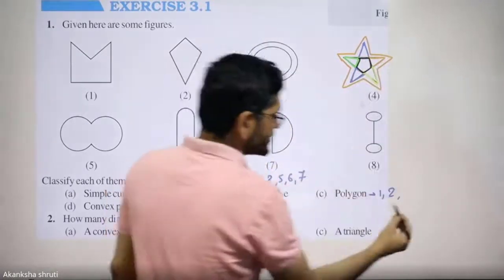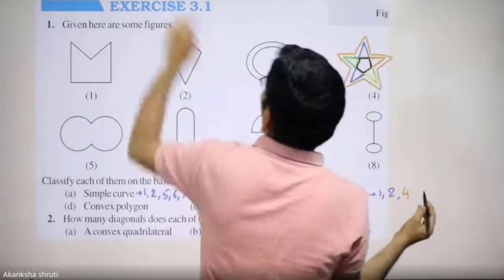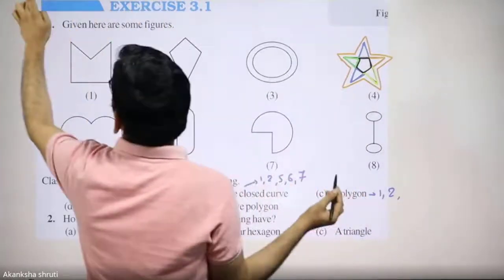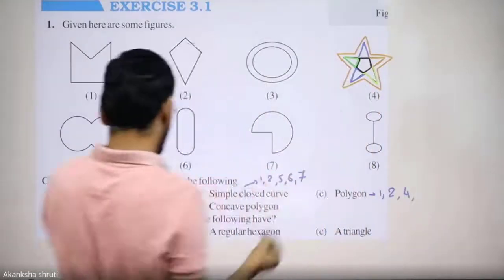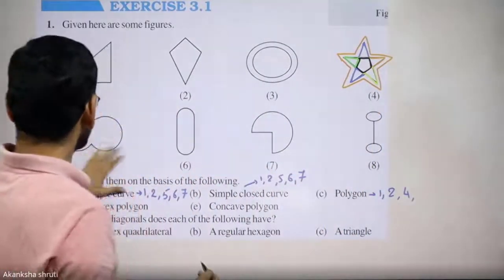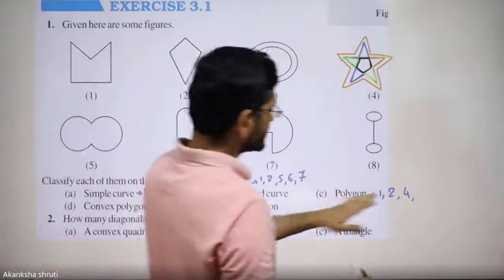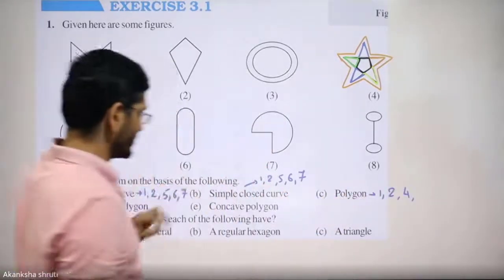So the fourth is also a kind of polygon where different polygons are hidden. The number of polygons can also be written or calculated. Fifth is not, because it is a curved one. So these are the three polygons.